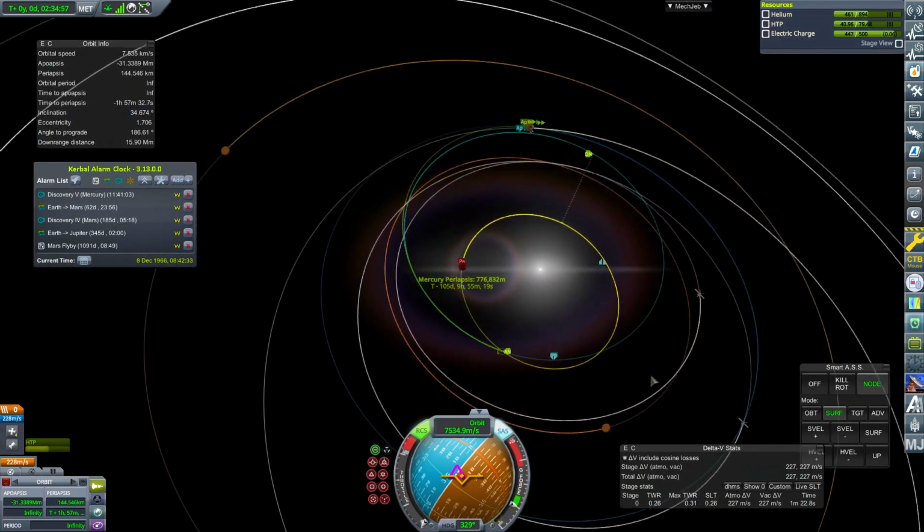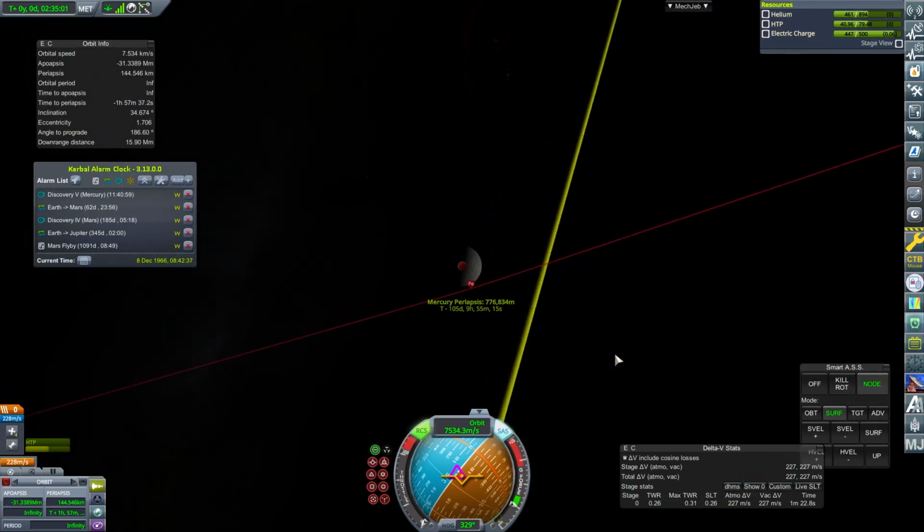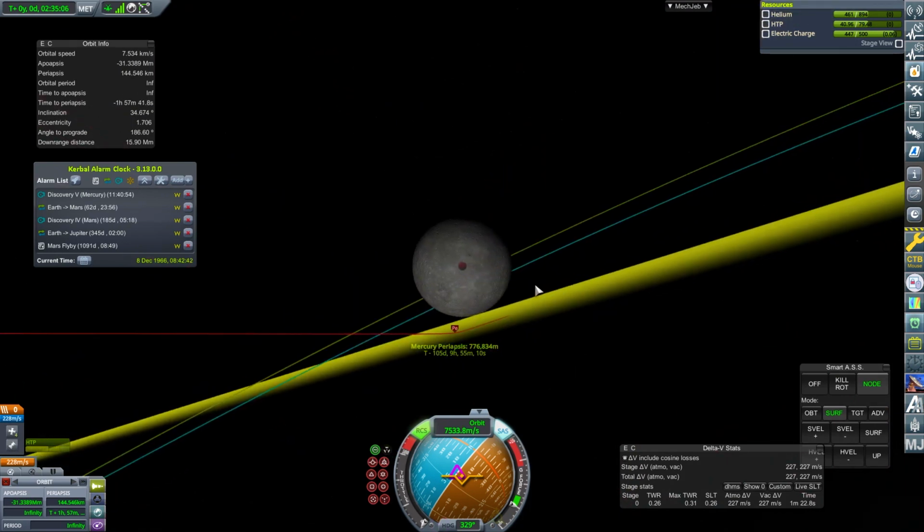I don't know, actually. I can't tell. I suppose our patch conics probably run out at that point. Because if it was going past the moon, we've got a patch conics issue. So I wonder if we could just...